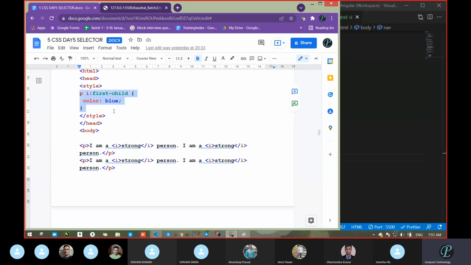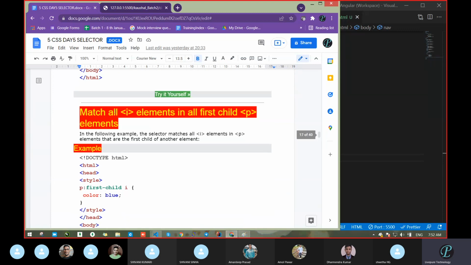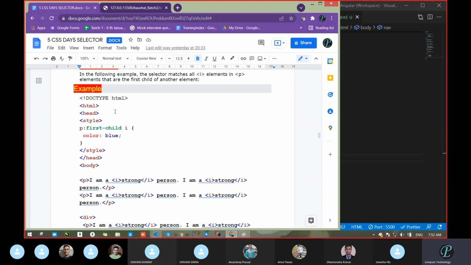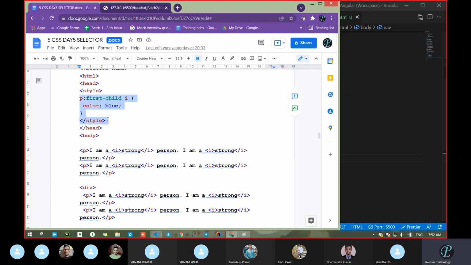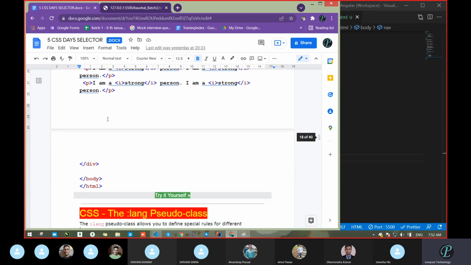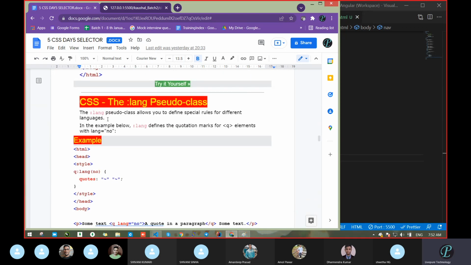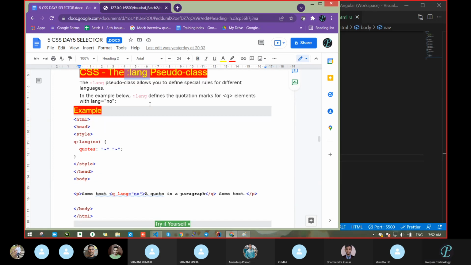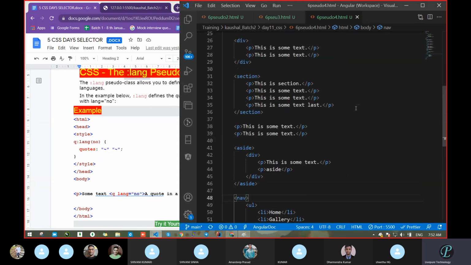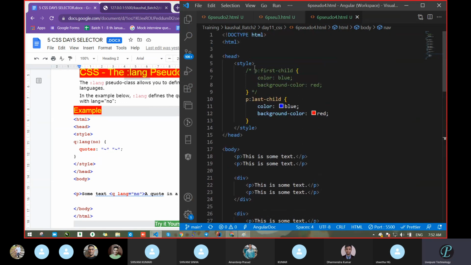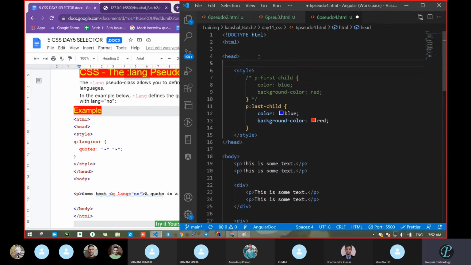Okay, so this way we can utilize the first-child property. So different ones are also there. You can go with that. Then you can see the changes, what it is going to do. Okay, then yeah, one pseudo-class, that is lang. And what it is going to do, it is going to change the rule. What is this? 1 second. Pseudo-class allows you to predefine. Yeah, this is not your lang which we use in the meta tag. Fine, because with the meta tag also we use one thing.